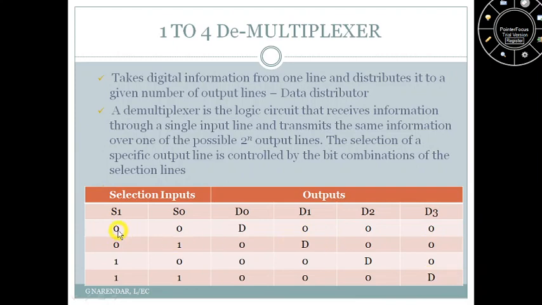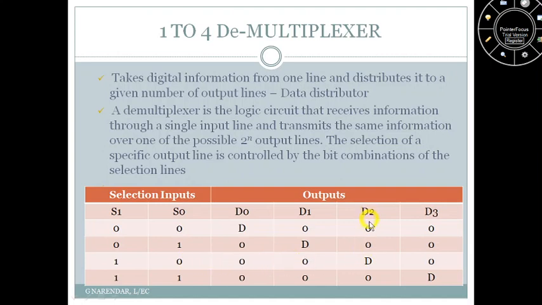Similarly, when S1 equal to 0 and S0 equal to 1, the second output line D1 will get selected, and whatever the digital information that is present on the input line will be transmitted to the D1 line. So D1 equals D, and the remaining three output lines will be 0. And similarly, when S1 equal to 1 and S0 equal to 0, the third output line D2